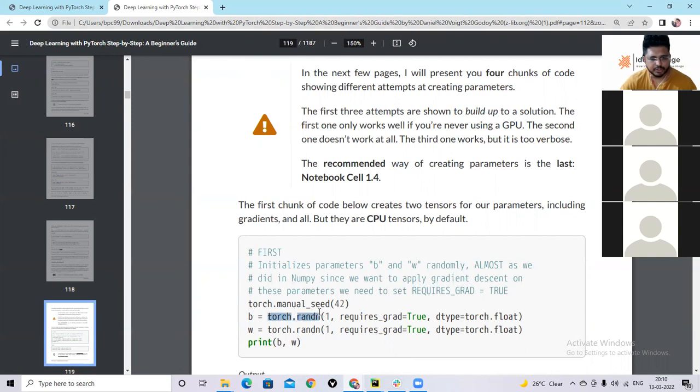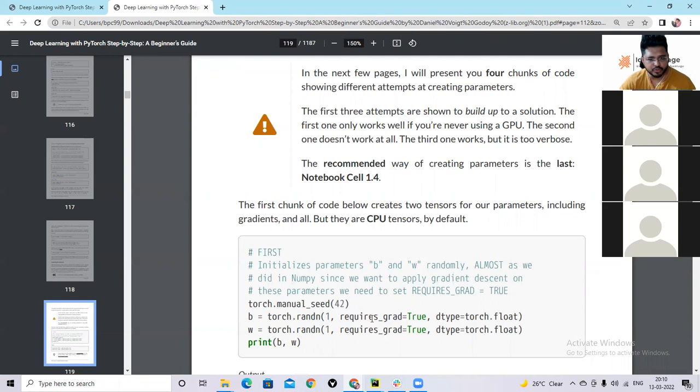So torch.random is the counterpart of np.random. It does the same thing, but it creates a tensor instead of a NumPy array. First we created a tensor of size 1 of type float, and we added an extra flag telling whether this variable requires gradient calculation or not.